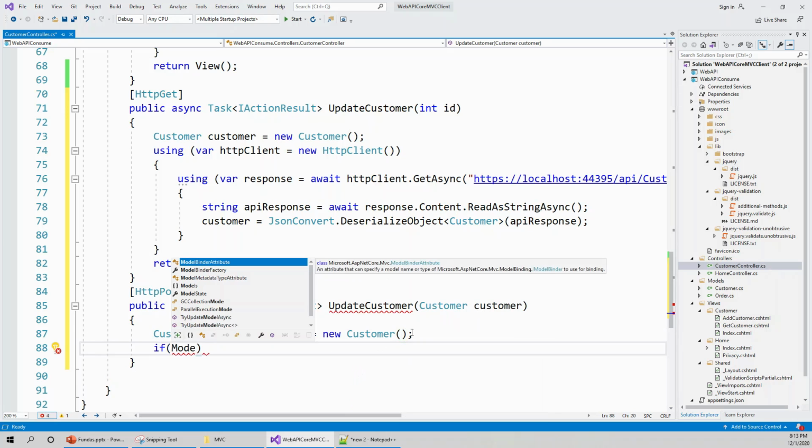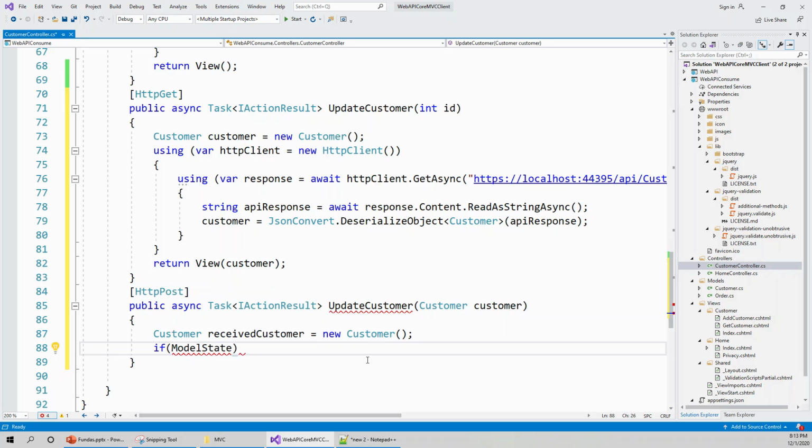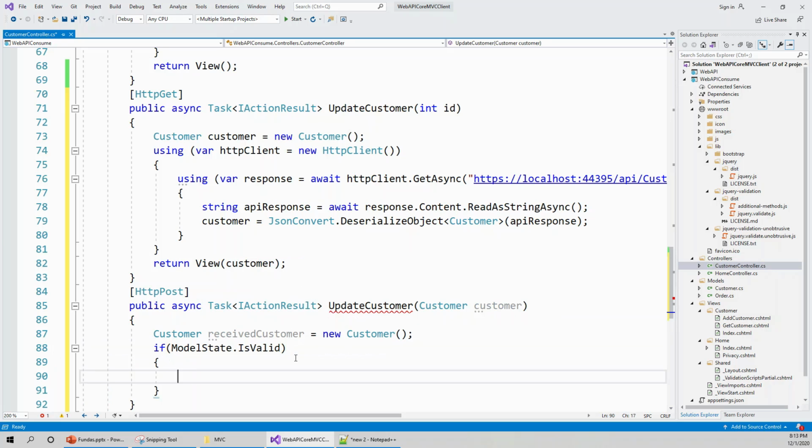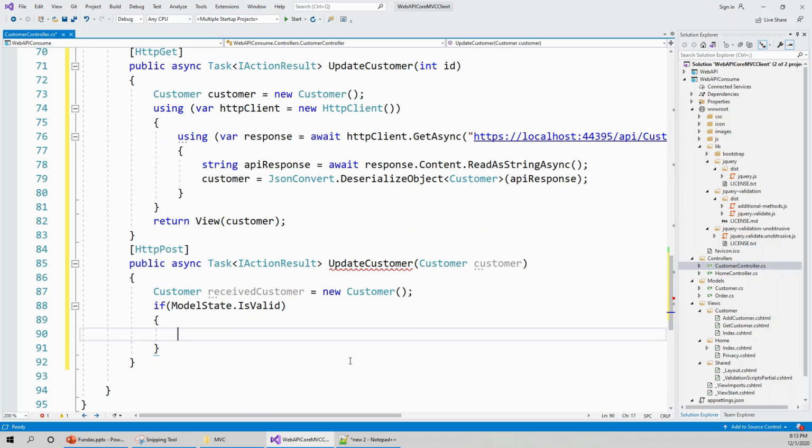Here I have to definitely check the validity of the model state, because this is a post request and I am going to check the model binding. If I have to update, I shouldn't be able to get away with just passing an empty string or not writing anything or passing a different kind of data type or not complying with the validation attributes. Okay, so if the model state is valid, then using